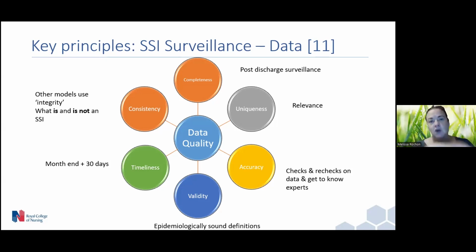So you have to show that you're identifying all relevant cases or operations to be included in your surveillance protocol, and that your data is complete. They also are looking for relevance or uniqueness of that data set so that you're, for example, not duplicating something that the fellow in the next office is also working away doing, that you're aware of where your data sits within the organization and that it is relevant and unique, that it is accurate.